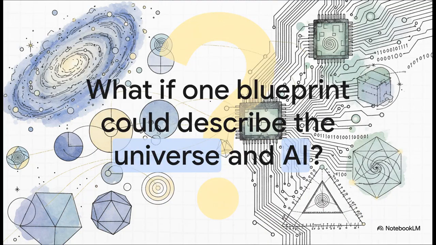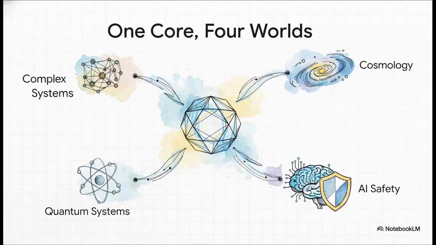Right at the very heart of it all, SORT is asking this really profound question. What if the fundamental structure of the cosmos and the stability of a giant AI model, what if they aren't just kinda similar, but are actually two different sides of the exact same coin? Different expressions of one single mathematical blueprint. And believe me, the ambition does not stop there.